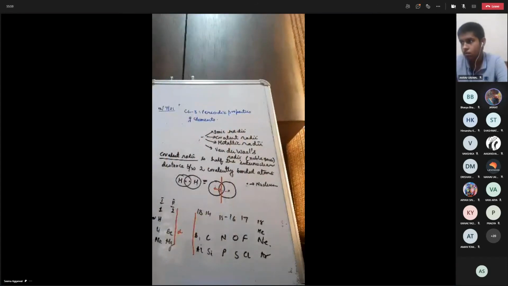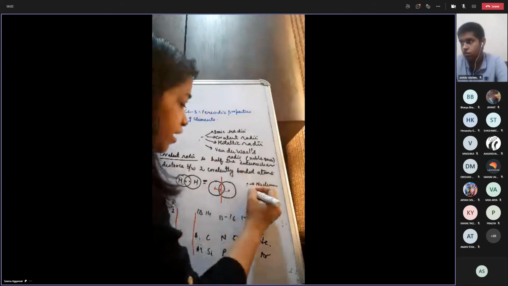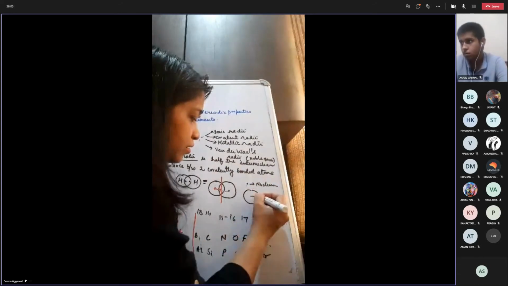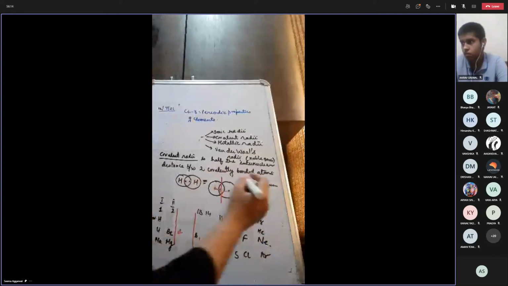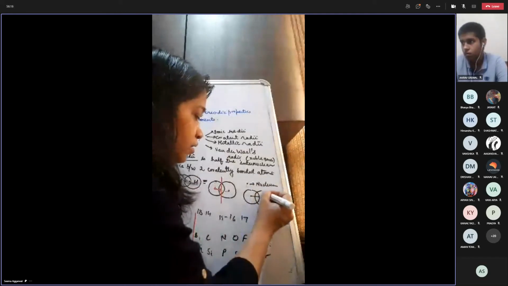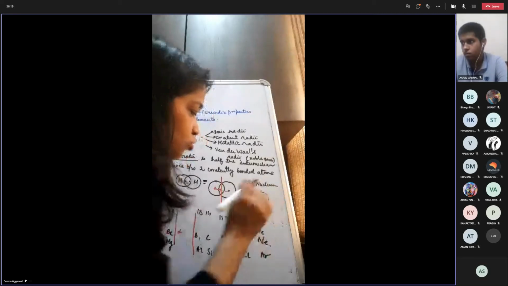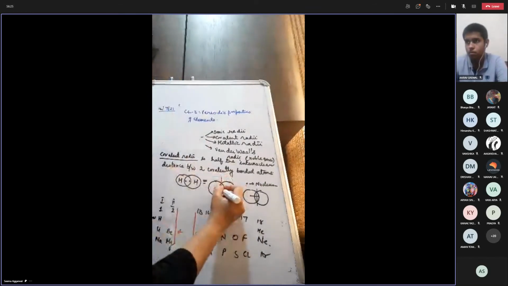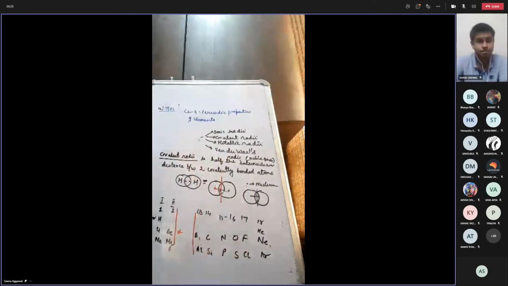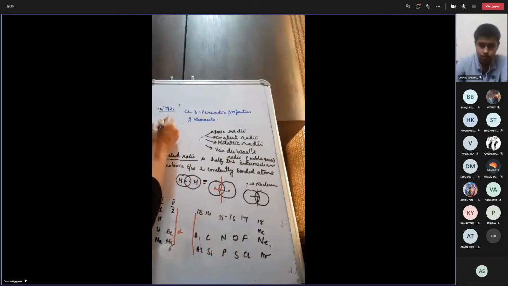Ma'am, greater than. How is it greater? The actual atomic radii should be this. This should be my actual atomic radii. Yes or no? Yes, ma'am. But, oh ma'am, it's smaller. Okay. I am taking it only up to here because when it is forming the bond, I am taking it less than this. I have removed this half portion. But I am showing it till the red portion only. So it means that covalent radii is smaller than actual atomic radii.